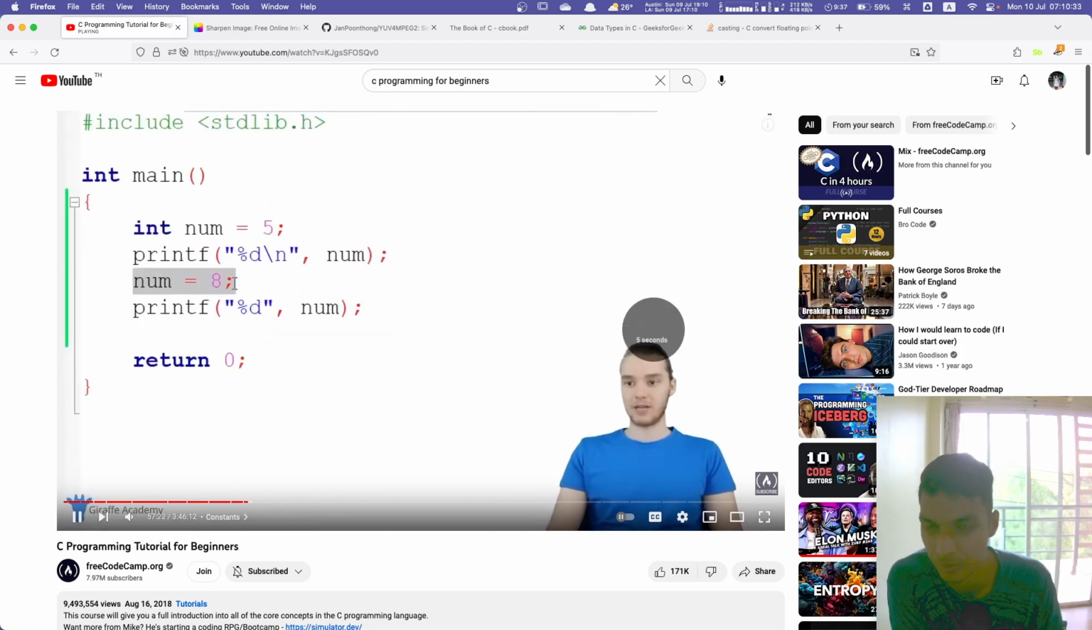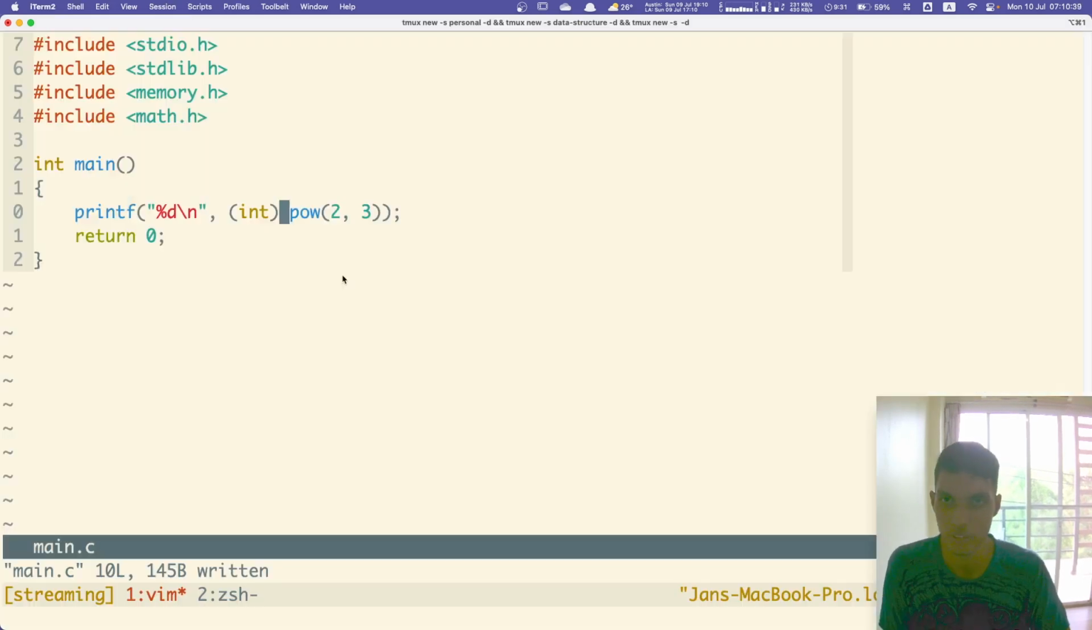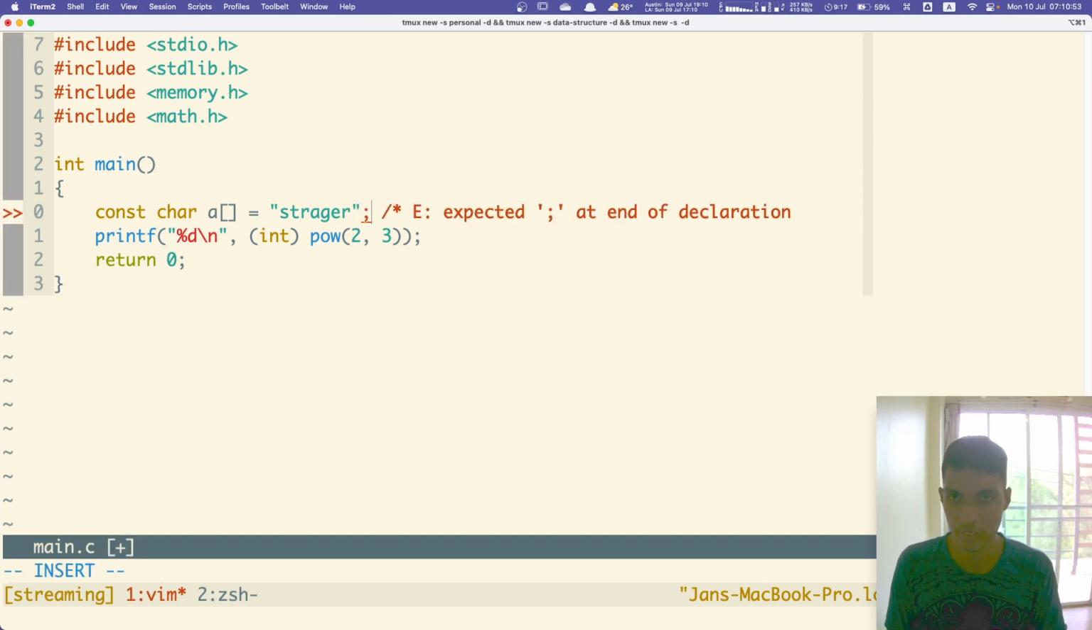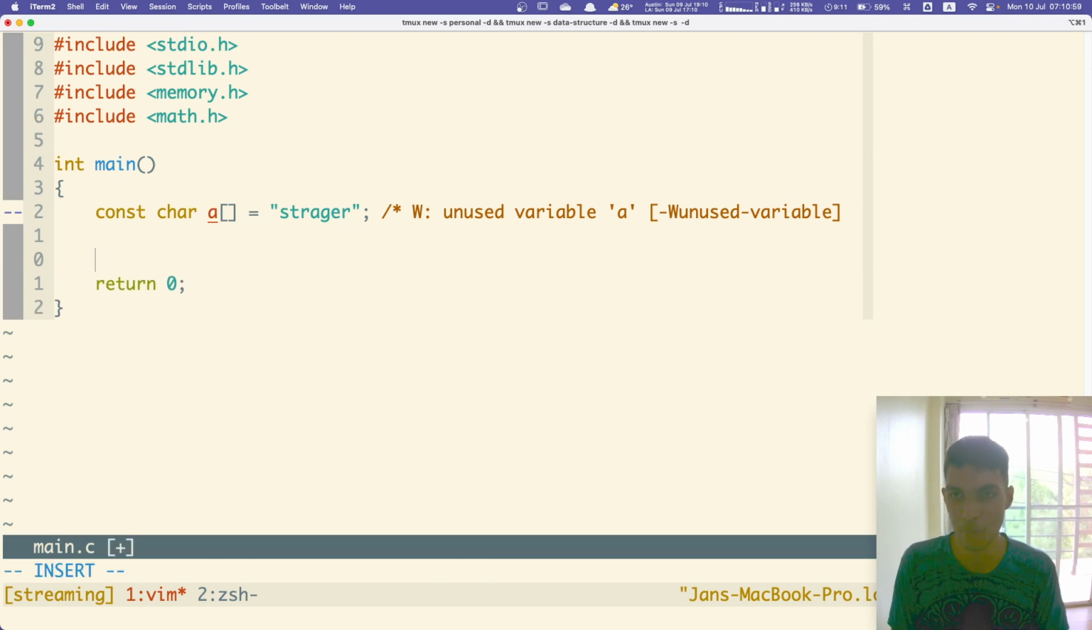Modify this value down. So say const, getting highlighted in red. That's because I can't modify. Okay, let's try that. So const int. Okay, let's do const char. Let's do dragon. And okay, unused, fine. And if I say I want